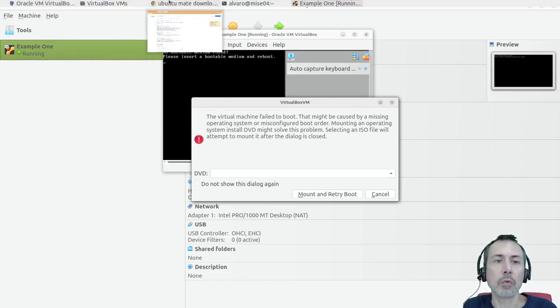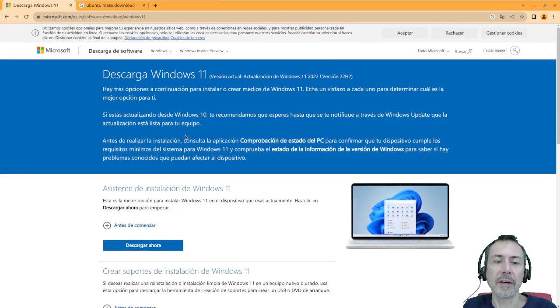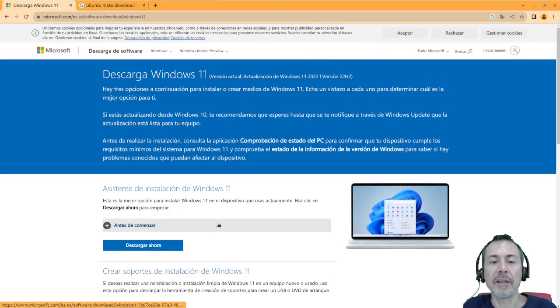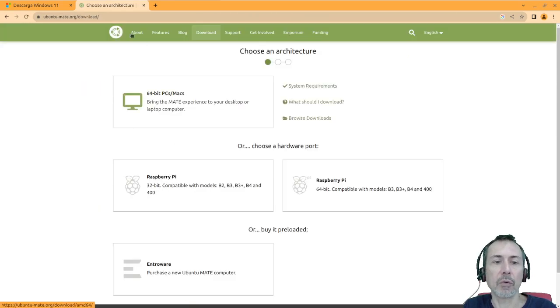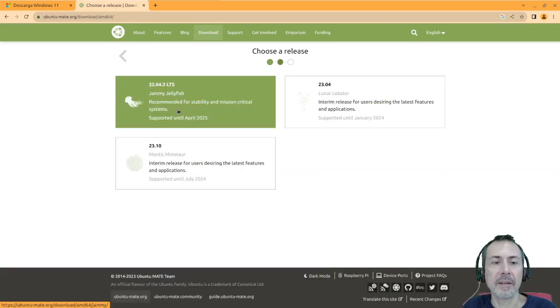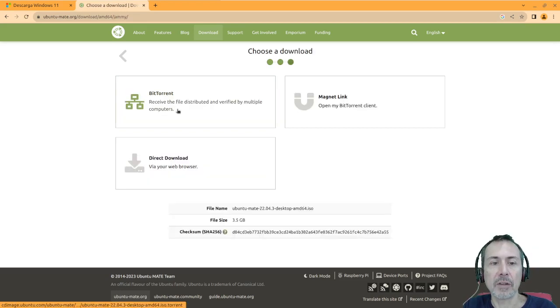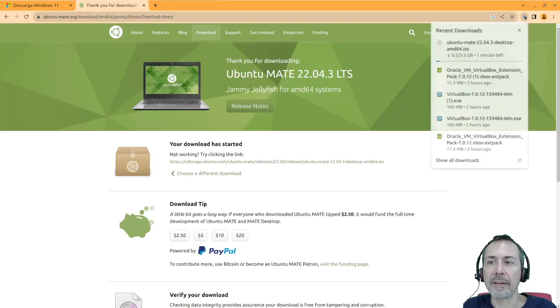It depends. You need to go to the web for each operating system. For example, for Windows, you have a page for downloading Windows 11. For Ubuntu Mate, that's the one we will be using, you have a page for downloading the ISO image. So for example, this is the 64 bits version I want, and then I can make a direct download, and it will be downloading a very big file